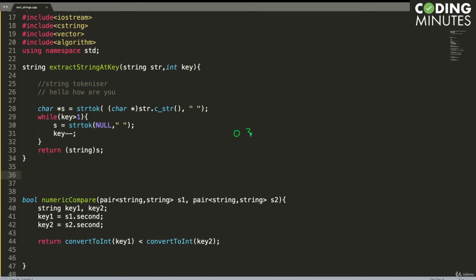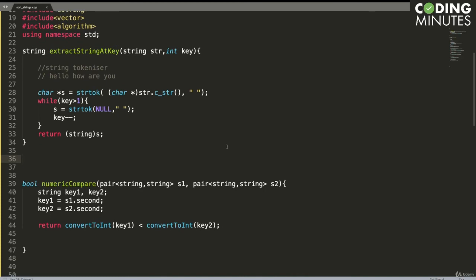We have 130 and we have 13, or we have, let's say, 14. If I compare them based upon the numeric value, then 14 is going to be smaller than 130, right? So we have to make a function that converts string into integers.